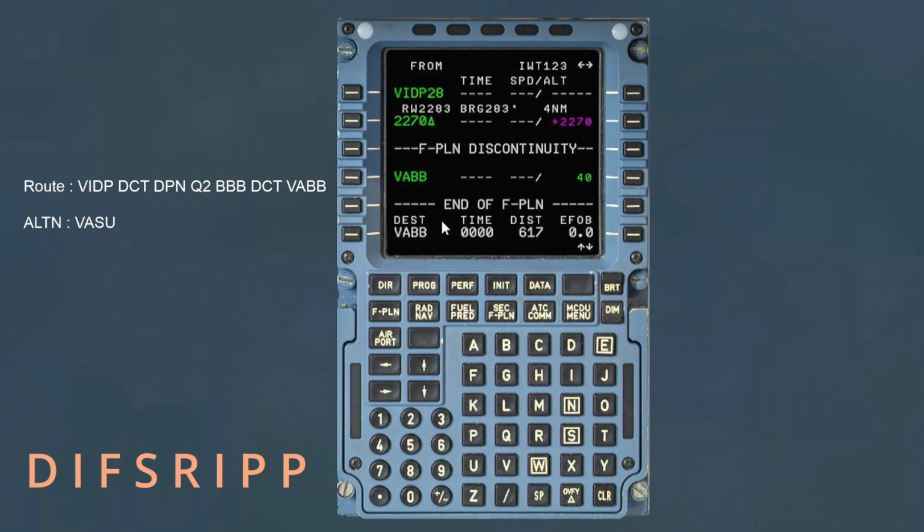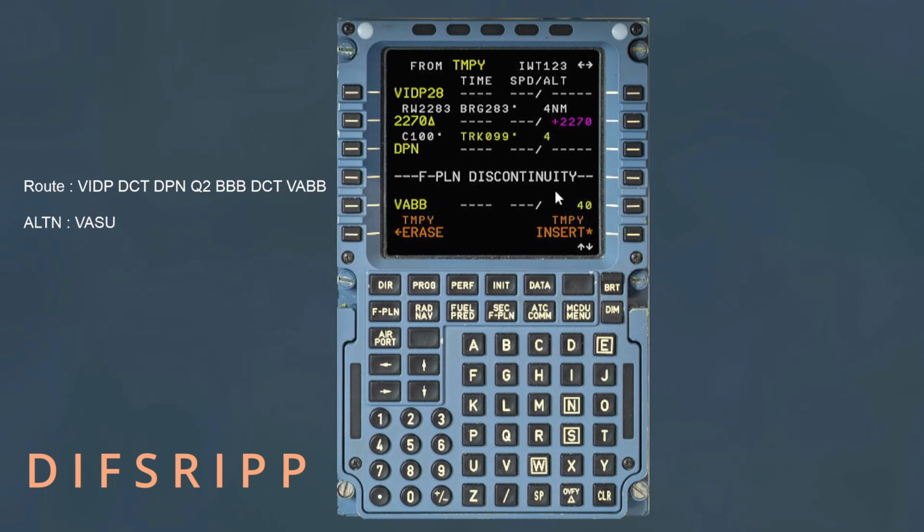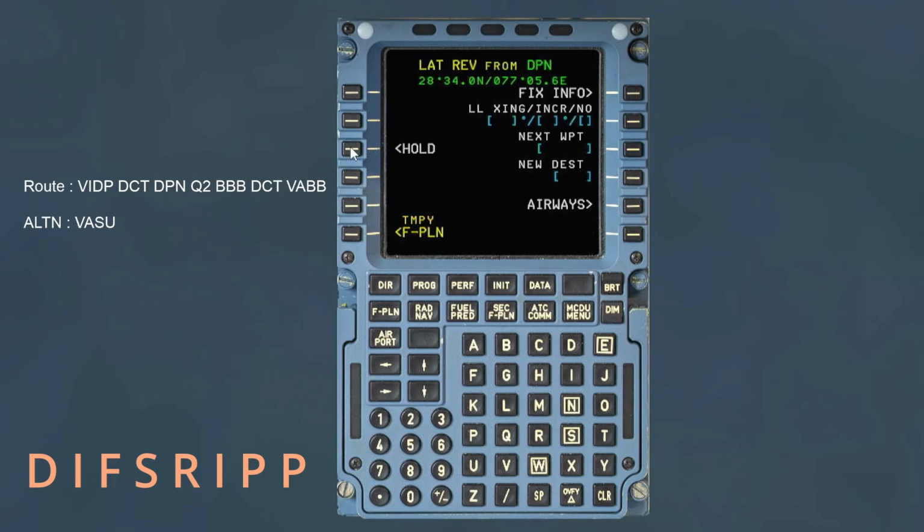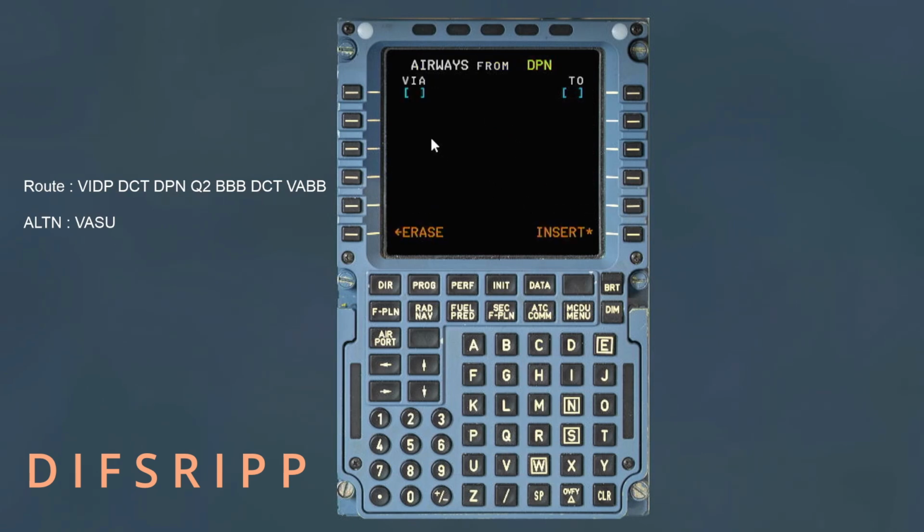Then we are following our route. Our next route is from VIDP direct to Delta Papa November. So I'll put Delta Papa November in here, and from Delta Papa November we are following an airway. Over here we can put a new waypoint, new destination, or an airway. So we're going with the Quebec 2. We can see over here Quebec 2 is an airway, so I click on airway and I put via Quebec 2